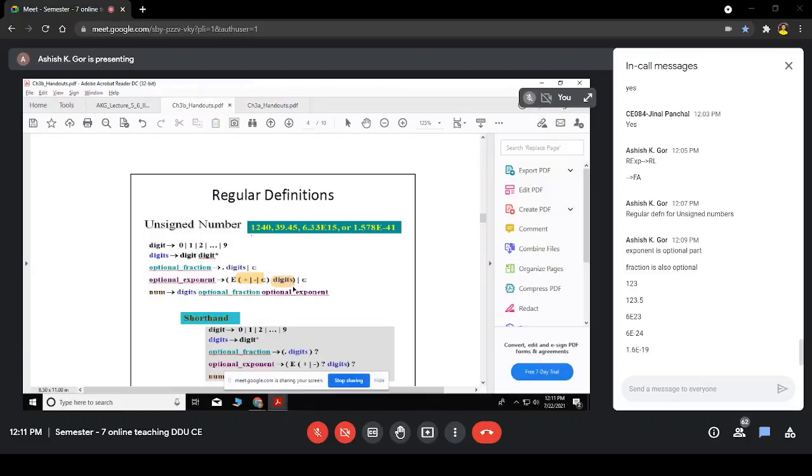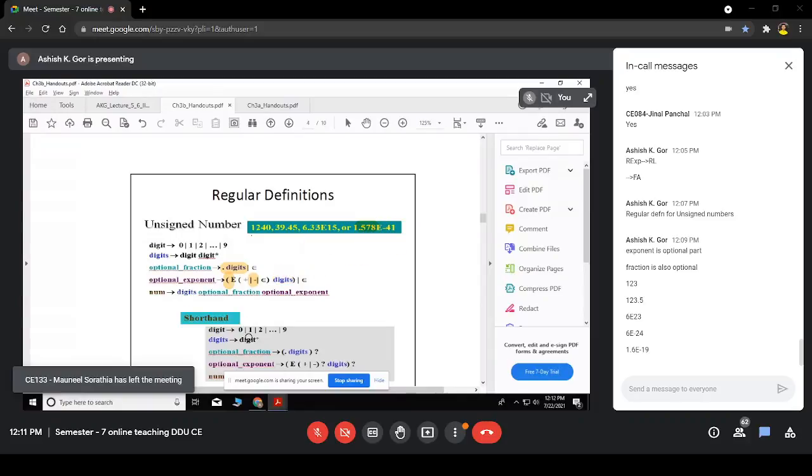Okay, and now what is an unsigned number? This is my final definition that I am showing, right? Digits, the sequence of digits, then optional fraction. So you can take null if you wish. If you want to take a fraction like this, then there should be a point followed by digits like this. Then optional exponent. Then you can take null if you wish. Otherwise, if it is an E, then here it's minus. So minus is matched here and digits will match 41.